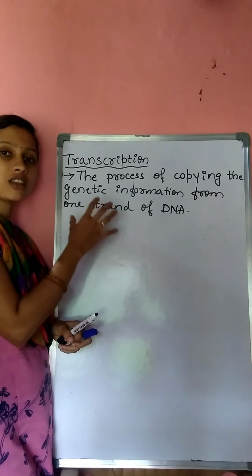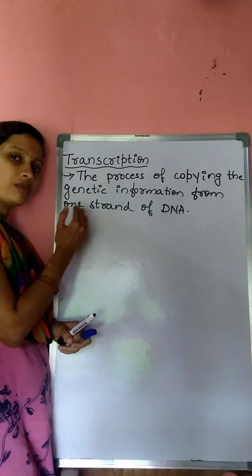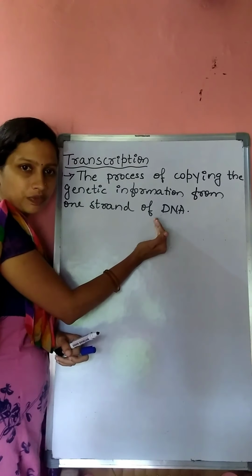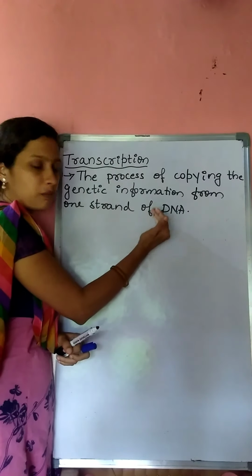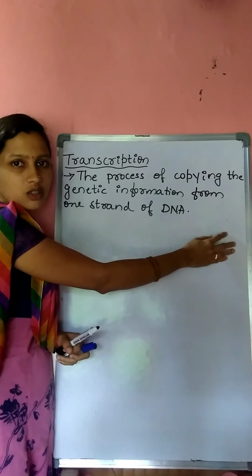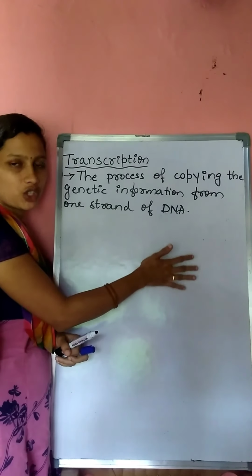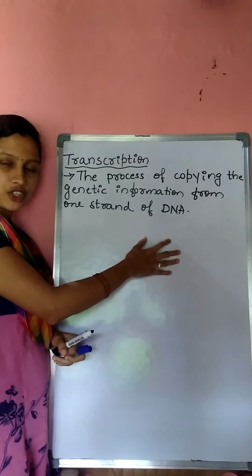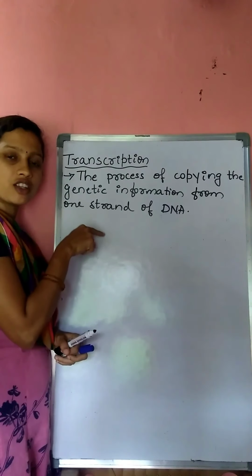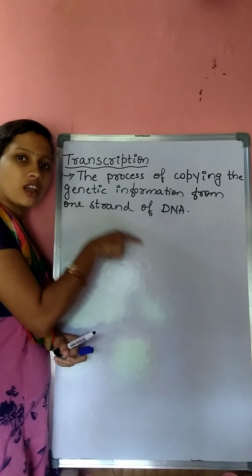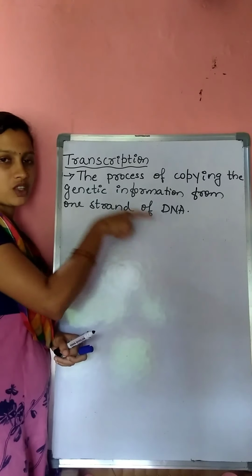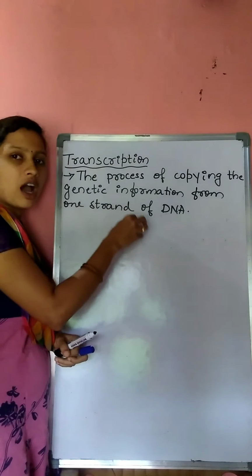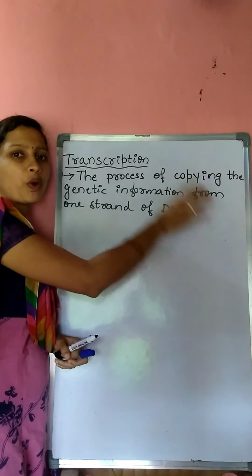DNA contains the genetic information. From the DNA, genetic information is transferred to RNA. Then from the RNA, a particular type of protein is synthesized by the process called translation. The central dogma of molecular biology is nothing but that the genetic information always transfers in one direction. There is a unidirectional flow of genetic information from DNA to RNA, and from RNA to protein.